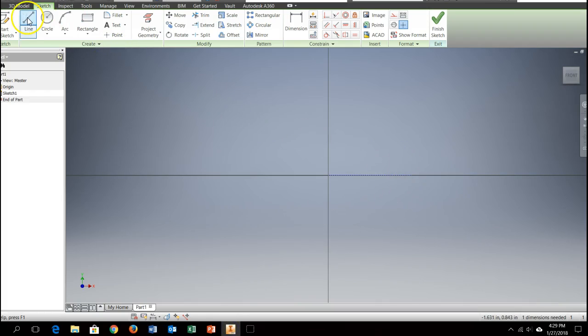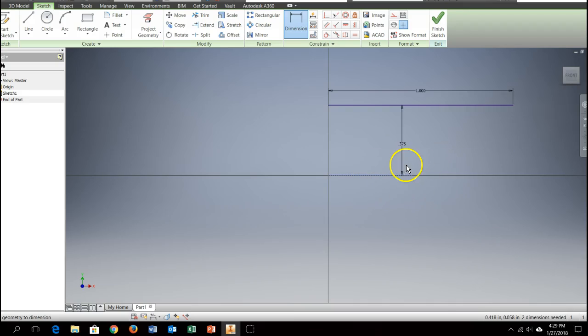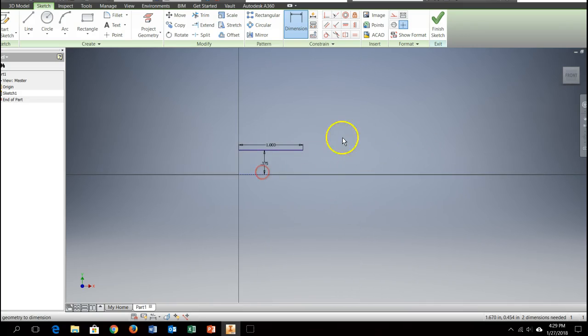So I'm going to go ahead and make my line tool. I know it's got to be 1 inch long. So I'm going to type in 1, hit that. I'm going to hit Escape, and I'm going to go to dimension it, and it said it needed to be 0.375 above that line. I got that, and then I'm going to go ahead and use my line tool again and start to create that L